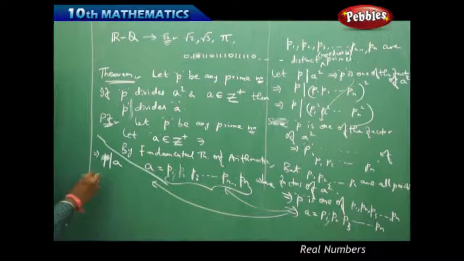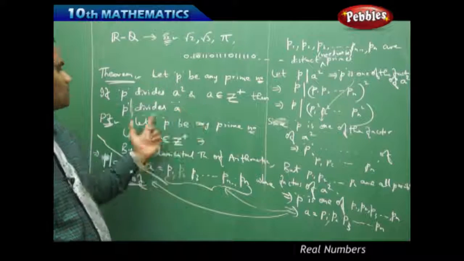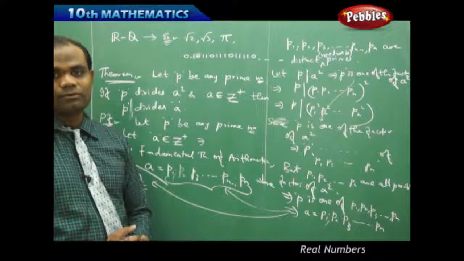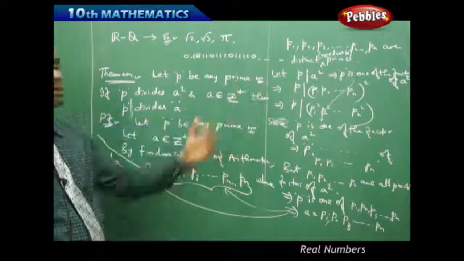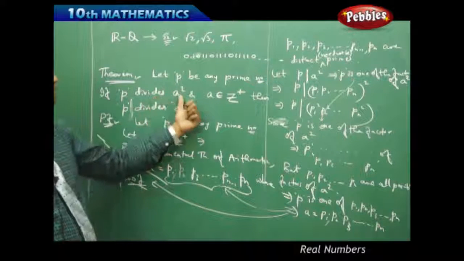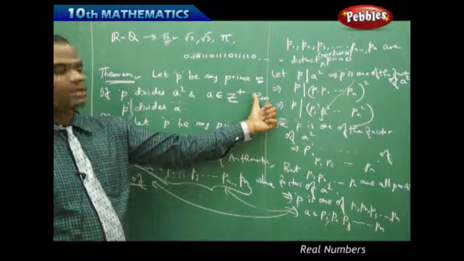Therefore, P divides a. Therefore, the proof. So P divides a is what we get in the statement. Therefore, when I consider any prime number such that if P divides a square for any positive integer a, then immediately